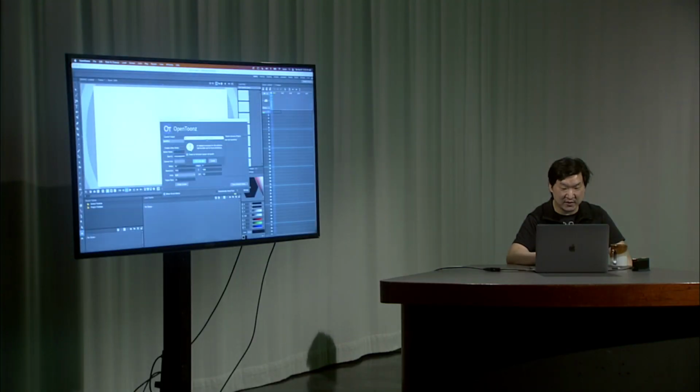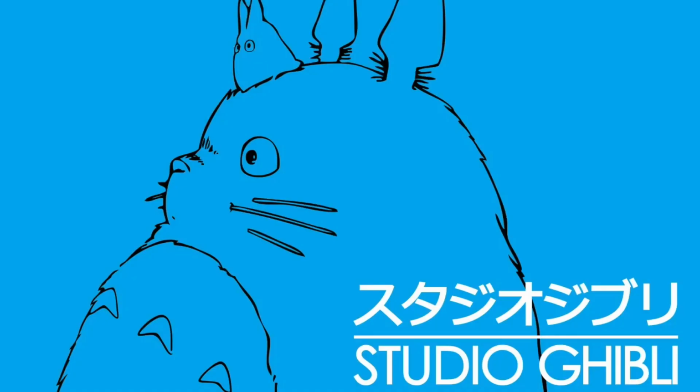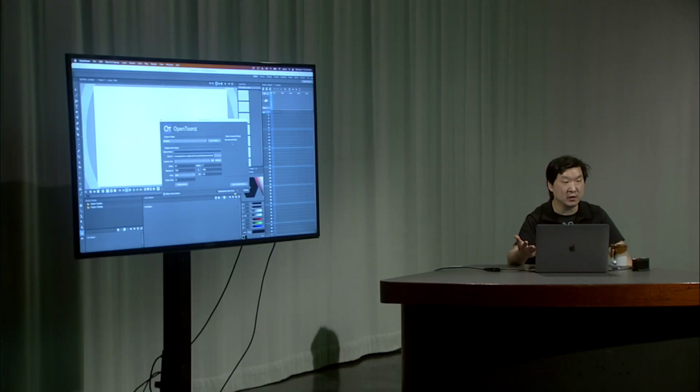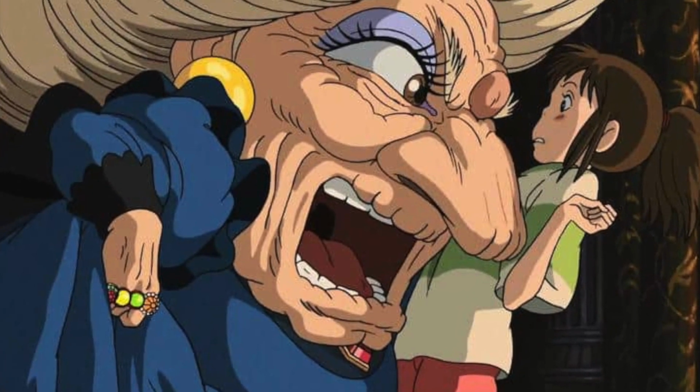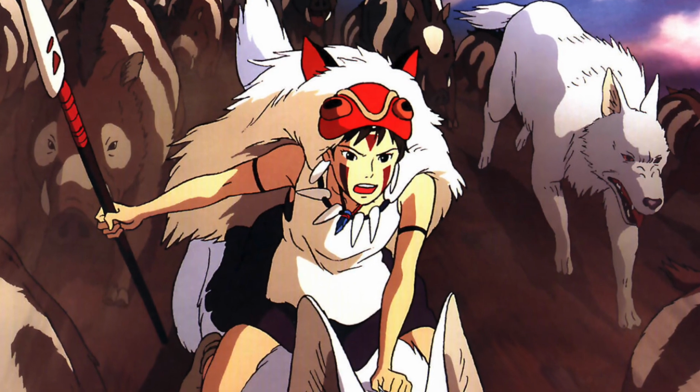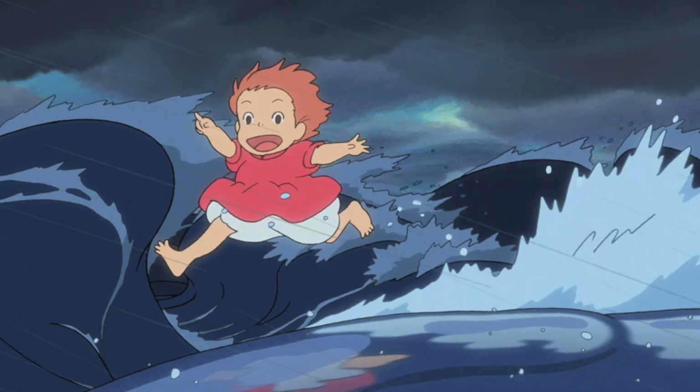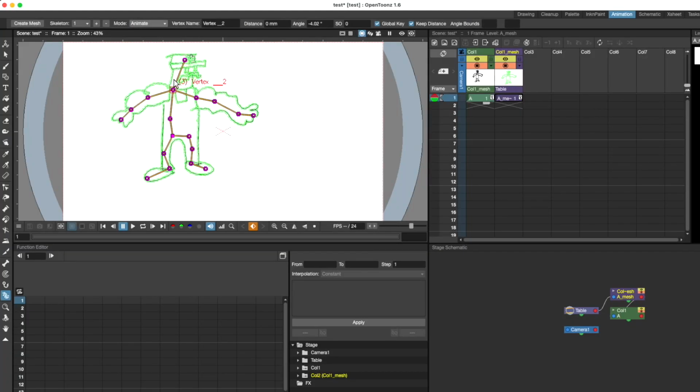OpenTunes is actually made from a program called Tunes, which was made for Studio Ghibli, which you may be familiar with. They're a Japanese animation studio. They famously have made many films that Disney has distributed in the States, like Spirited Away, Princess Mononoke, Ponyo, lots and lots of films. So this software was actually made for that studio, so they could take their hand-drawn